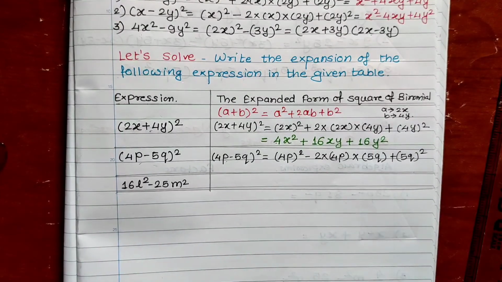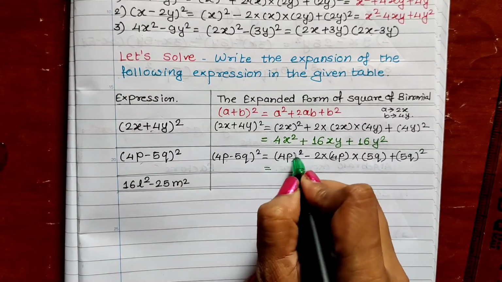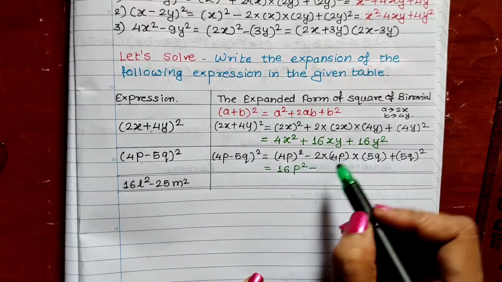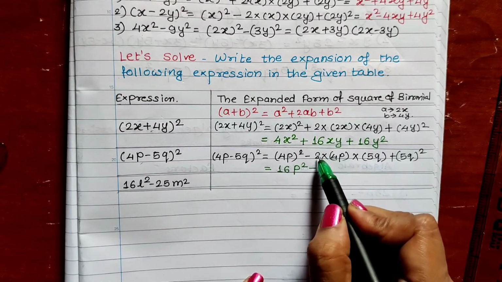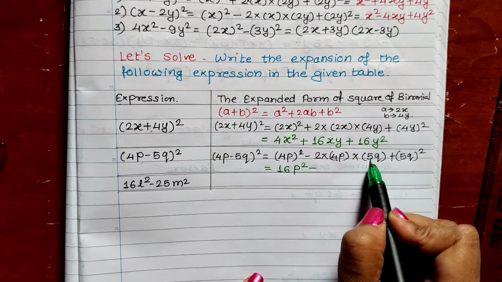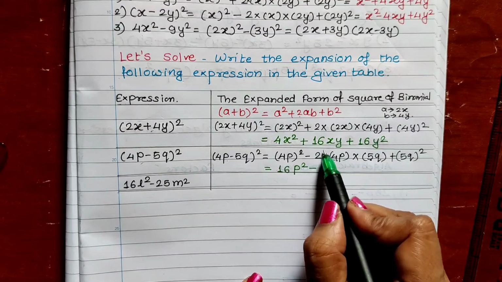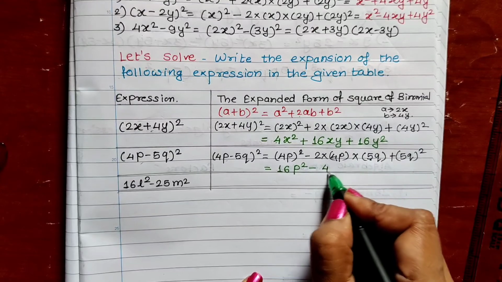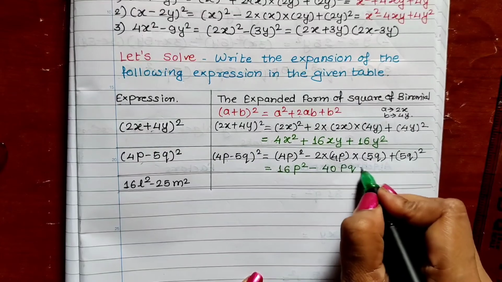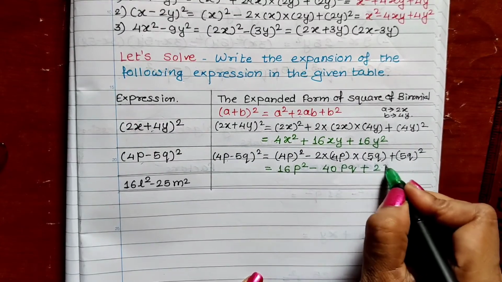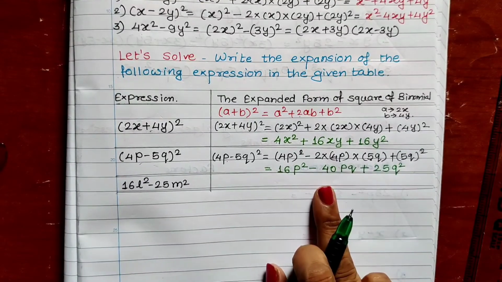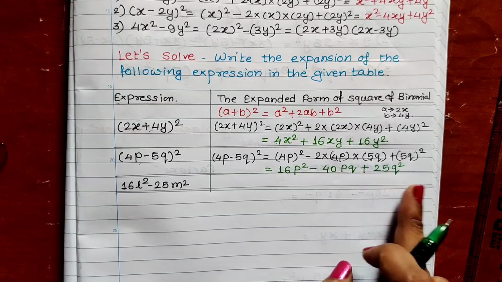Now write the answer. Okay, what is (4p) square? 4 square is 16. Square of p is p square minus. Multiply the coefficient first. 2 into 4 is 8. 8 into 5, 8 5s are 40, correct? 2 4s are 8. 8 5s are 40. So I will be writing 40 here. p into q, so that is pq plus sign. 5 square is 25. Square of q can be written as q square. So in this way, the answer is 16p square minus 40pq plus 25q square.